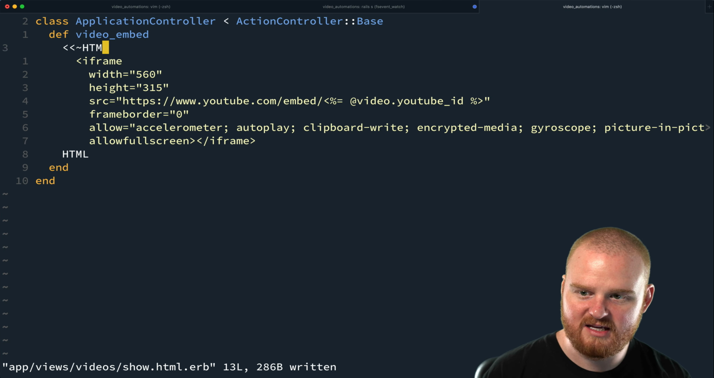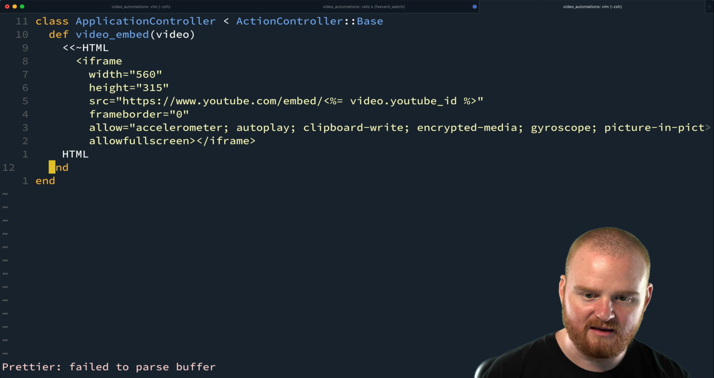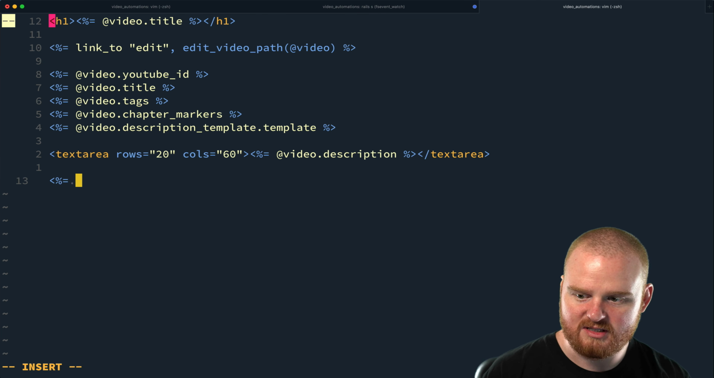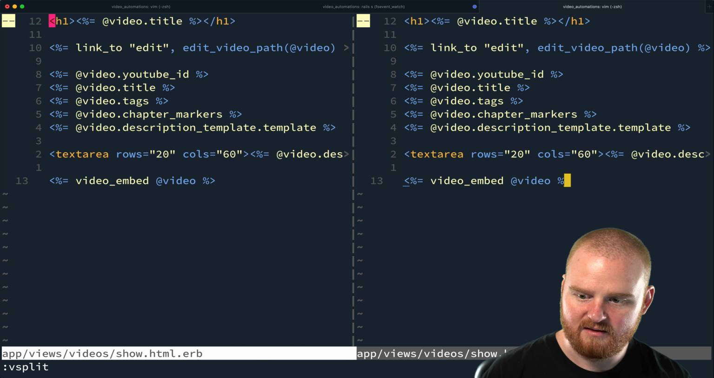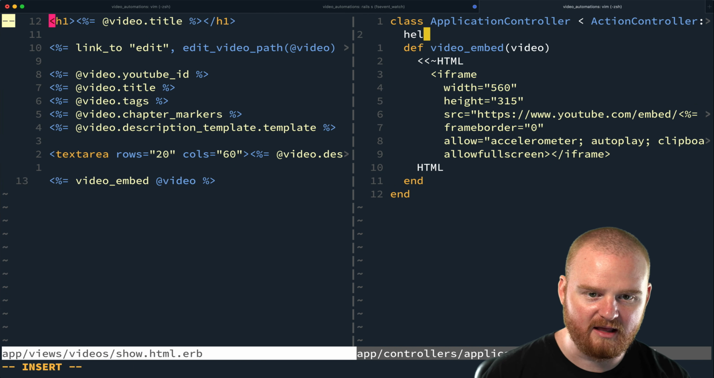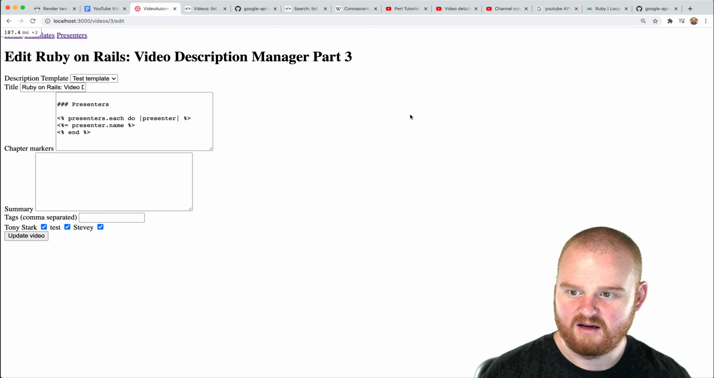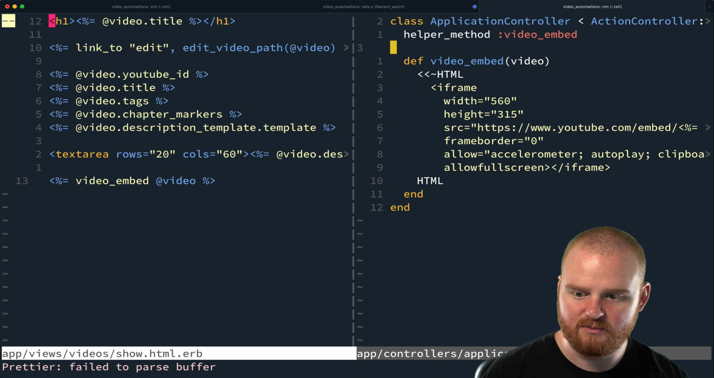And then we're going to take in a video, and then we'll call video.YouTubeID. And here we can just say video embed at video. And then we need to go to application controller and call helper method video embed to make this method available to views. And then if we refresh the page